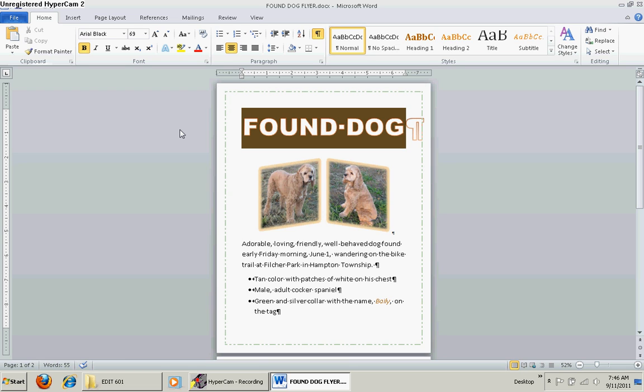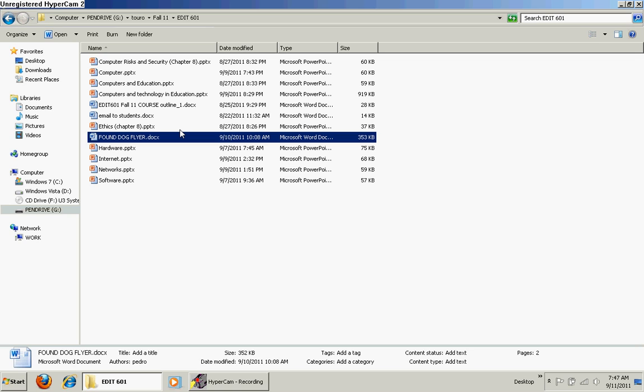I can also do Control F4, which again will close the document but not the program, or I could do Alt F4, which closes the program. So I'm going to do Alt F4. Now